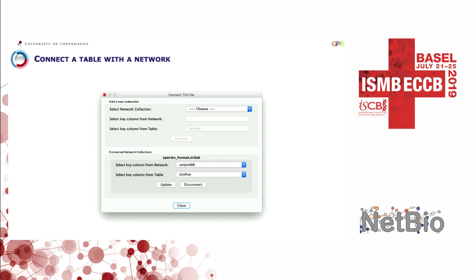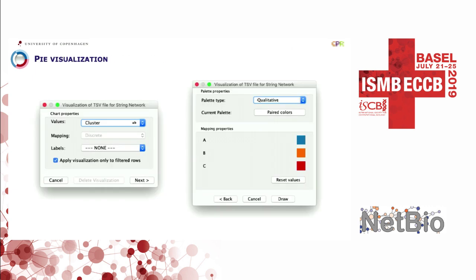So now that I have the table and I have the network, I would like to visualize my data. Omics Visualizer enables 2 types of visualization. The first one is the pie visualization. In the data I use, each site of my protein is assigned a cluster A, B, or C. I would like to visualize those clusters, so I can assign manually the color of each cluster.